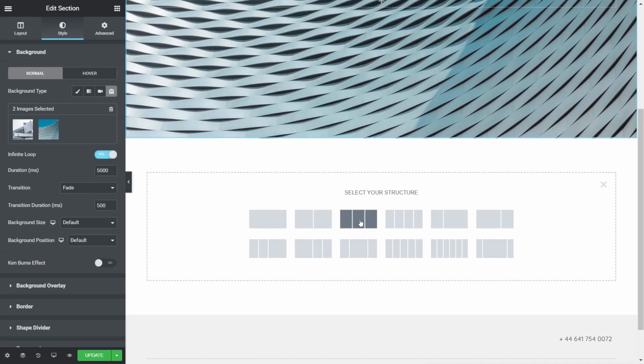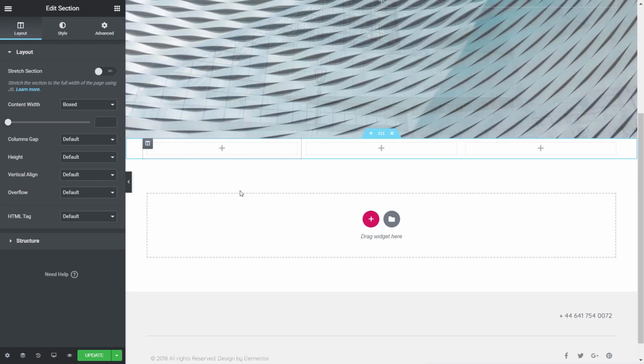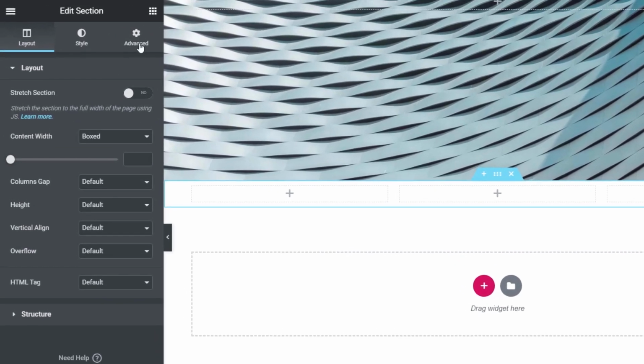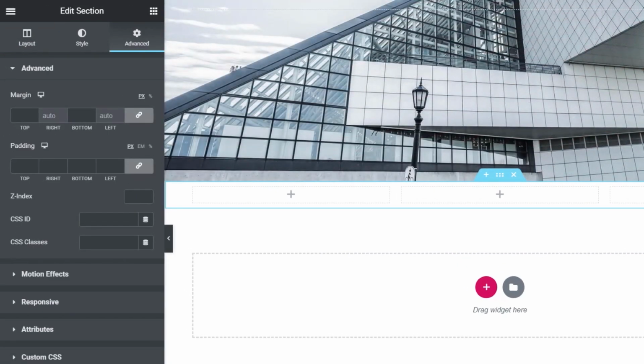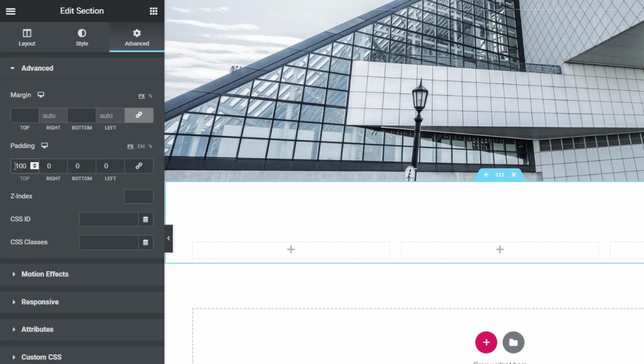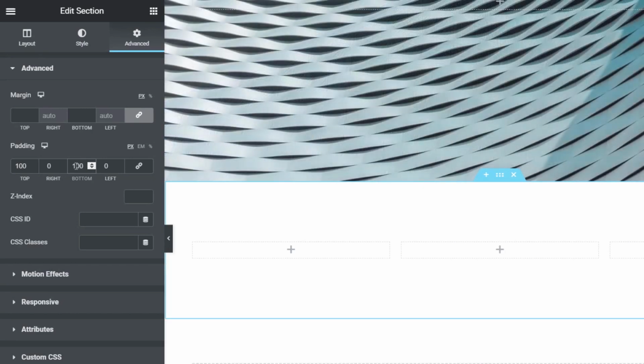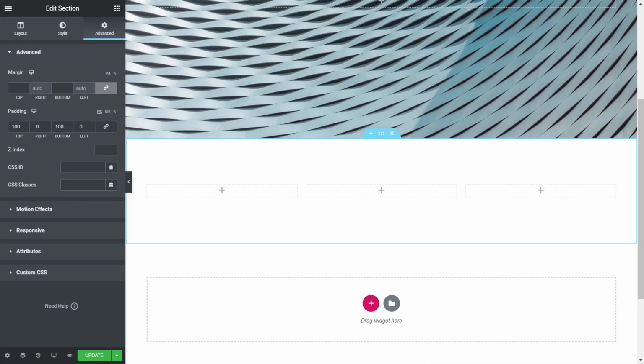This time we want to drop in a 3-column section. So we're going to click on that. That's dropped in our 3 columns, but we want to make a bit of space above and below just to give this some breathing space. So we're going to select the section, come over to our advanced section, and from there we can now adjust the different values for padding and margins and so on. So what we're going to do is unlink these, which means we can set the values independently. And we're going to set the first one to be 100 for the top and 100 for the bottom. So it gives us lots of nice breathing space around all the different parts of our site, or